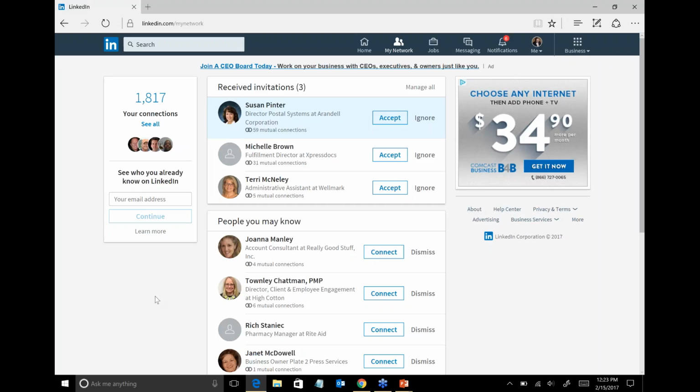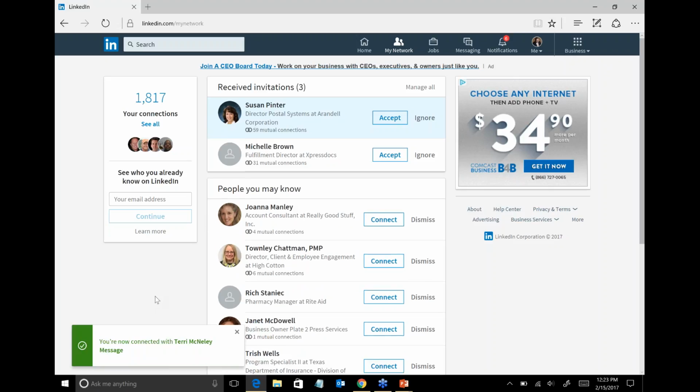I know Terry McNeely, she's a good friend of mine, so I'm going to accept that. For Michelle and Susan, I will look at their profiles and determine, do we have something in common, and do I want to add them to my 1,800 people in my network? When I decide to connect with somebody, I think about, does it make sense to have them in my network?